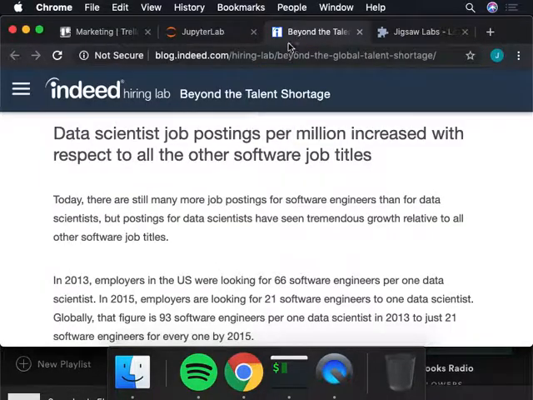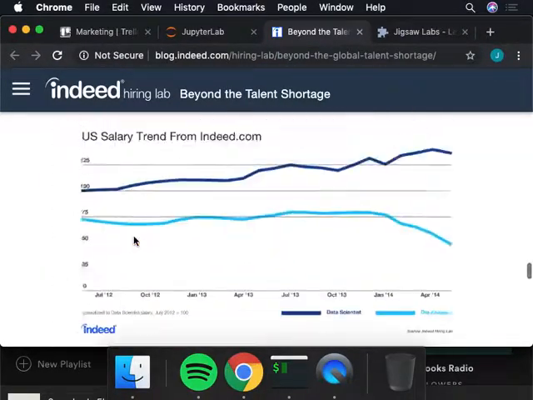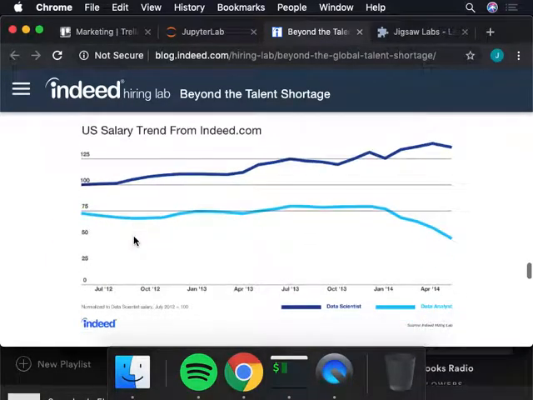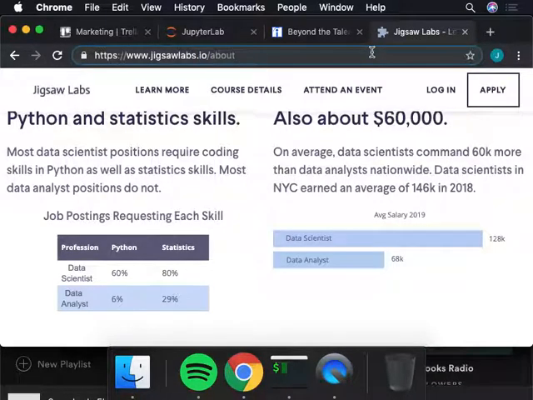One last chart. Let's see if I have it. Okay, so this is my call-your-friend-who's-a-data-analyst chart. This is the salary of a data analyst, and this is the salary trend of a data scientist, right? So you can see that, unfortunately, the data analyst salary is actually decreasing from an average of around 75,000 down to that 60,000 number, whereas the data scientist salary is going up, right? Great. So those are some reasons for learning about data science.